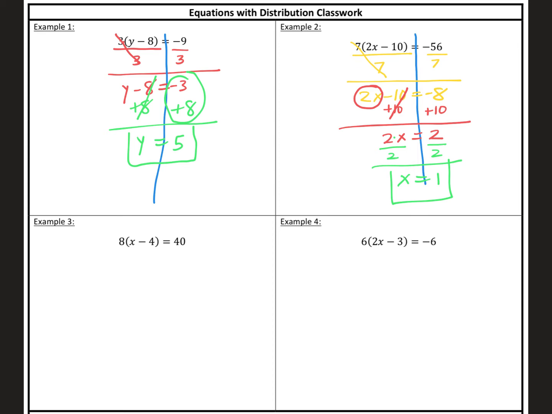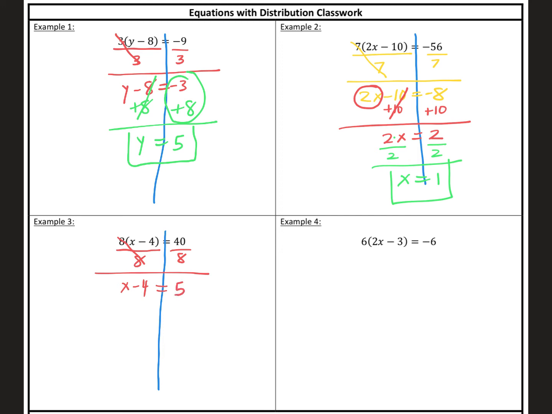All right, example 3, it's a lot like your first one. Go ahead and draw your line through your equal sign. We need to get rid of that 8. Right now it's 8 times x minus 4. So to undo our multiplying, we're going to divide both sides by 8. When I do that, my 8's cancel on the left side. We're left with x minus 4 equals 40 divided by 8, which again you can type into your calculator, but